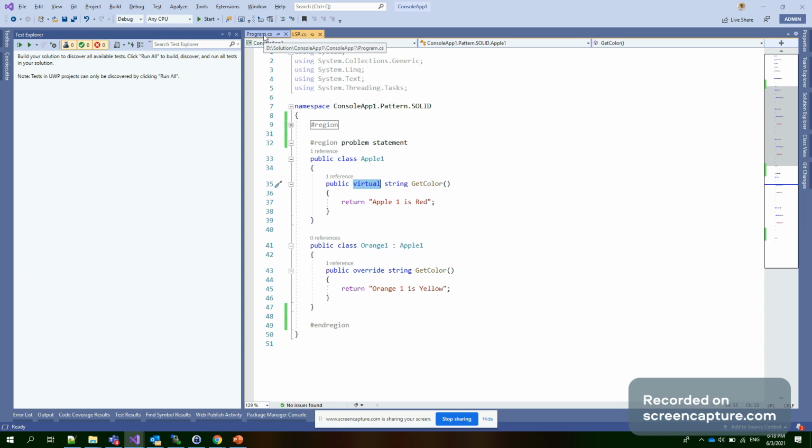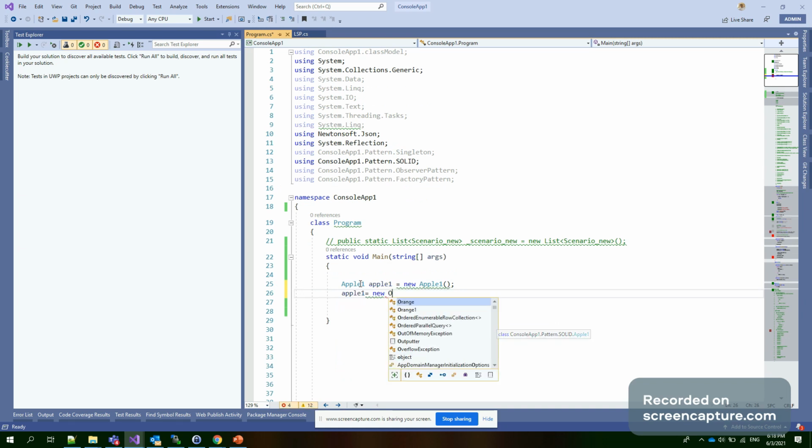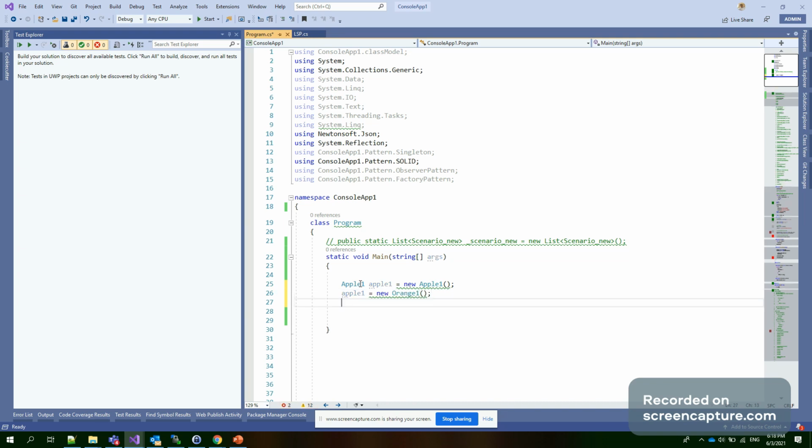So let's create the objects in Program.cs. I create an object of Apple one equal to new Apple one. As per the definition, this object can be replaced by the subtype, so we can reinitialize it: Apple one equal to new Orange one, using the same object, and we can see there is no problem.